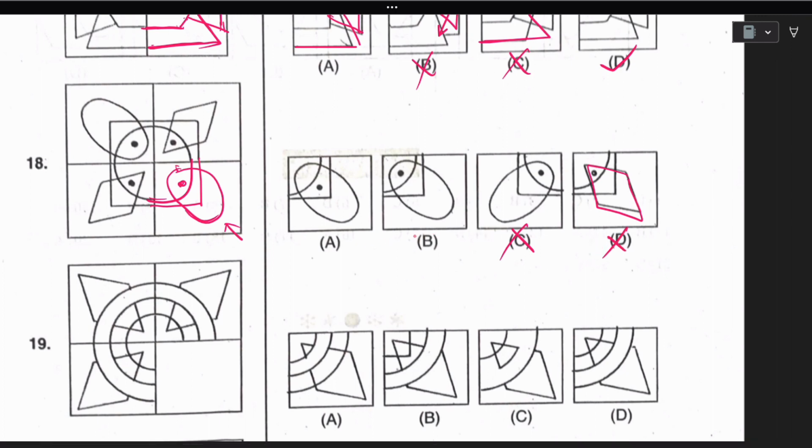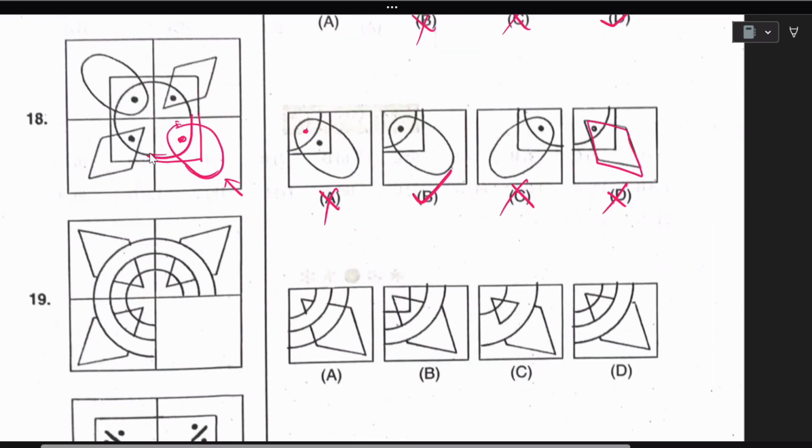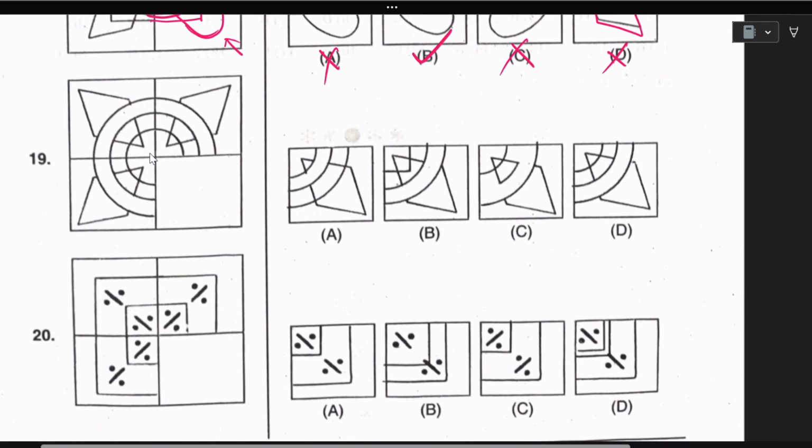So by looking into this, what is the correct one? This circle should be here, right? And it is there in the B. So eliminate A and we will be selecting B as our answer. And the next one is 19. Here we need to complete these circles. This is the first circle and this is the second circle